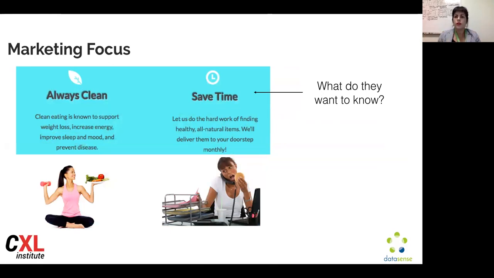What you have to wonder is, what will this person want to know, right? Well, they want to know that we're clean, that we don't have nasty ingredients in our snacks. Do they want to save time, right? What is the evidence that this type of persona is also focused on saving time? So again, to avoid sending mixed messages, you may want to focus on one or the other and really craft a consistent message that will convince that particular person to buy a product.